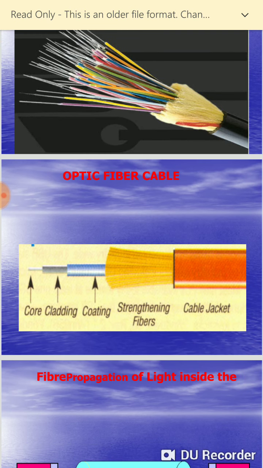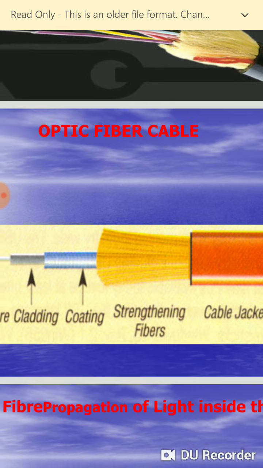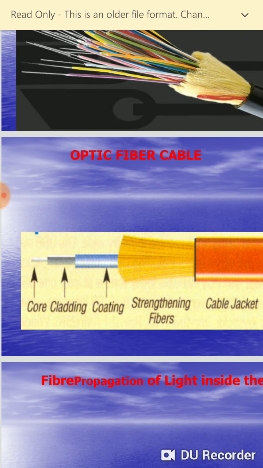So in this diagram, the structure of optical fiber cable is shown. The basic elements are, first, the core, the very innermost element in the structure of the fiber, which is surrounded by cladding. That is the basic point. After that, based on the application of the fiber, different protective layers are added. The first protective layer is shown as a coating, also called the primary coating. So the cladding is surrounded by the primary coating.